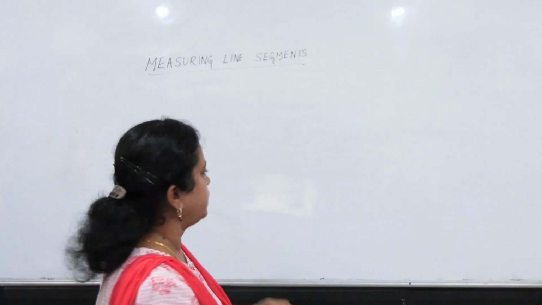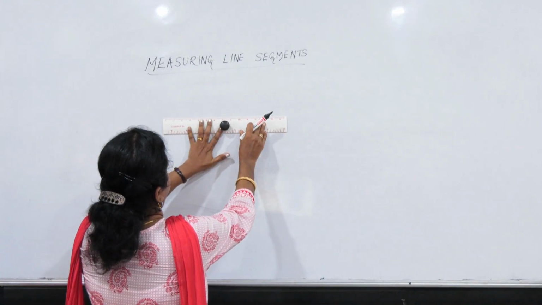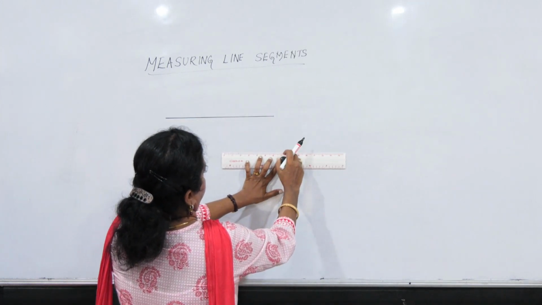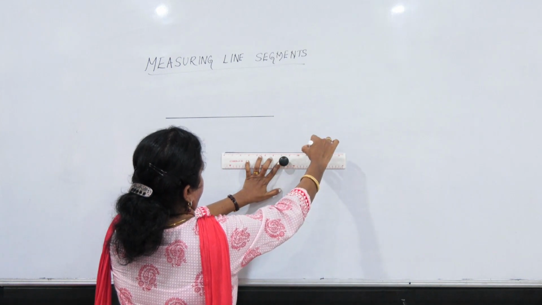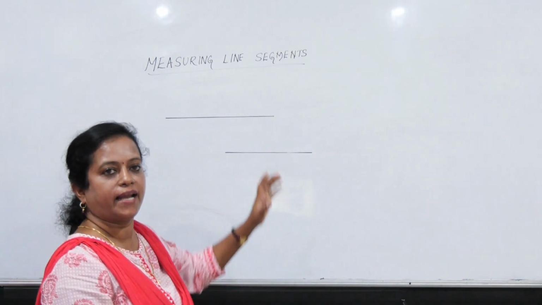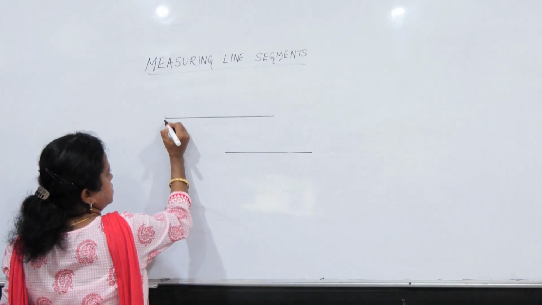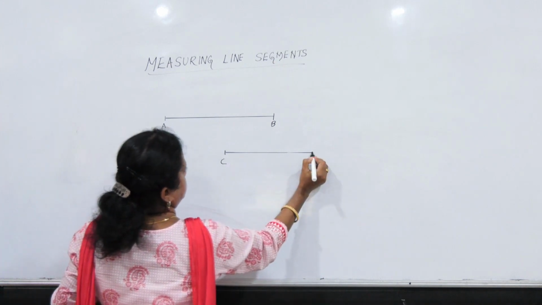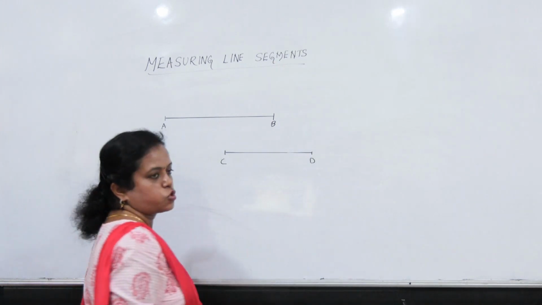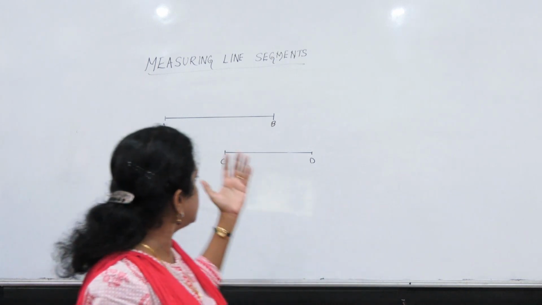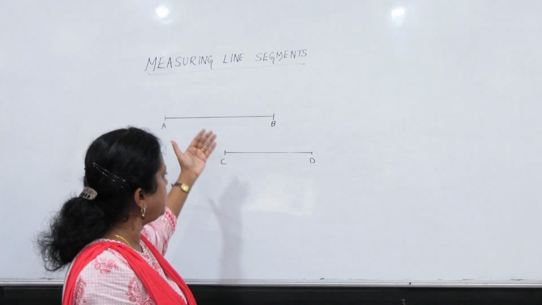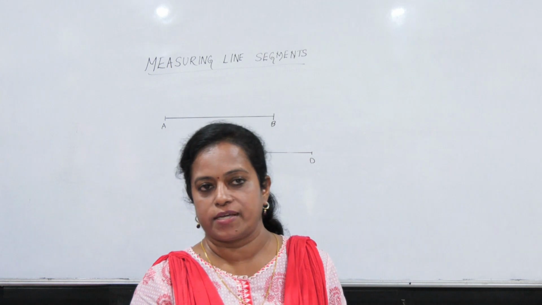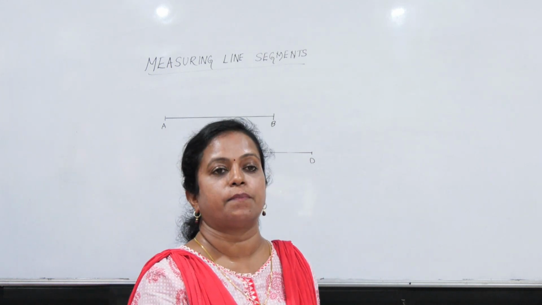Suppose you have a line segment, and you have to compare the lengths of these line segments. So the three methods that we have discussed: observation is not so clear as to whether line segment AB is bigger or CD is smaller, or in the tracing method I told you that you have to trace again and again. So another method is by using the divider.